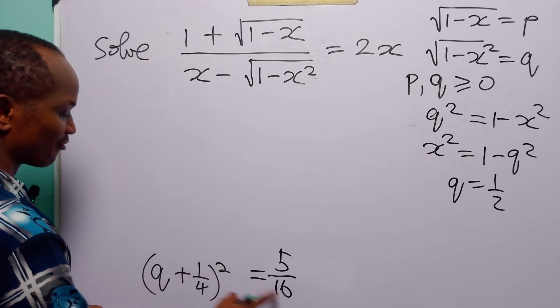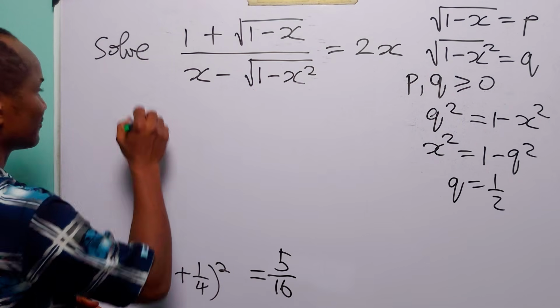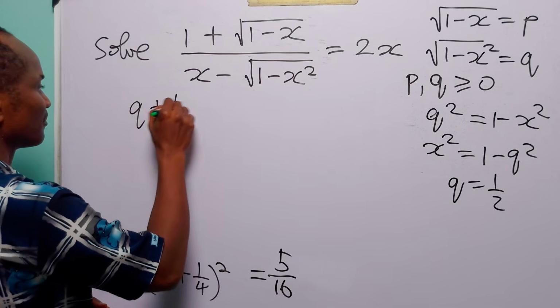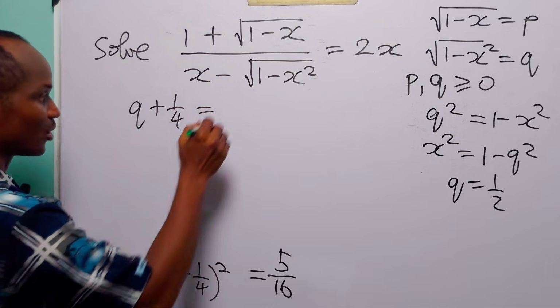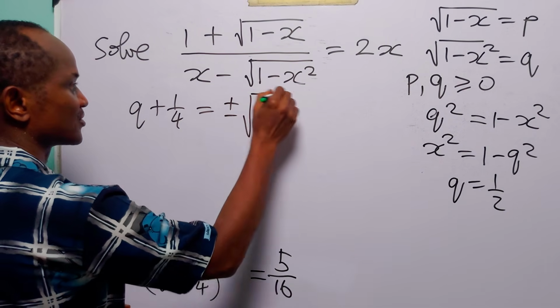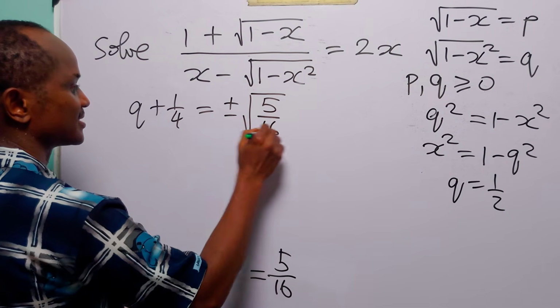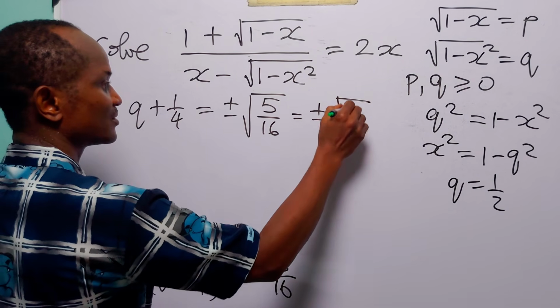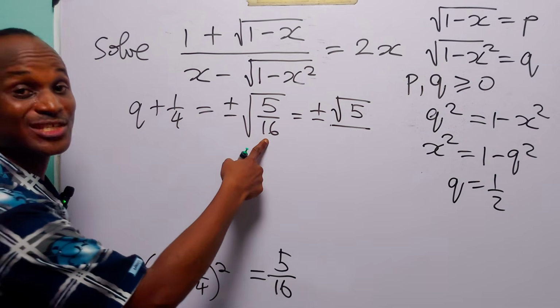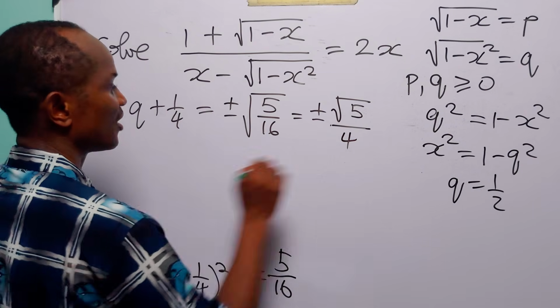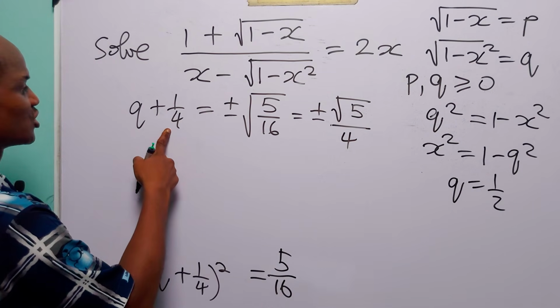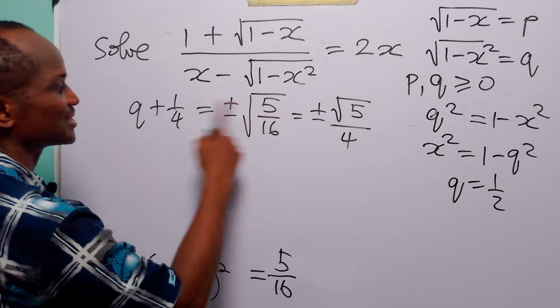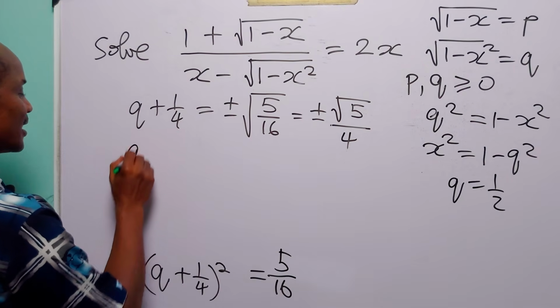And taking square root of both sides of this equation, we have that q plus 1 over 4 is equal to plus or minus the square root of 5 over 16. This is equal to plus or minus the square root of 5 divided by the square root of 16, which is 4. Of course, when we subtract 1 over 4 from both sides of this equation, we have that q